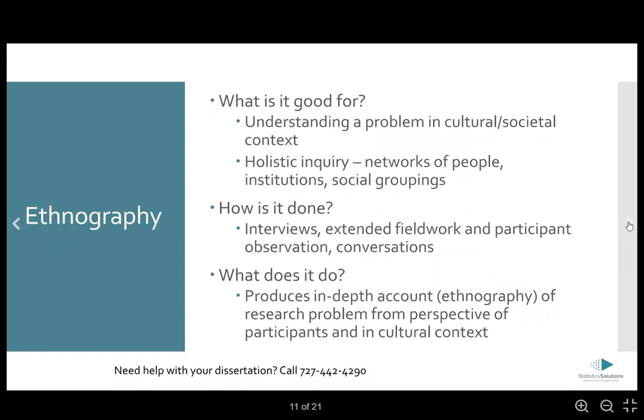Ethnography, this is another one that is a little bit more intensive than the first 2 or 3 that I've discussed. With ethnography, you are specifically looking at a cultural group. I think typically when you think cultural group, you're thinking of race or ethnicity, which can be what you're looking at here. So maybe you're wanting to look at a specific phenomenon from a specific ethnic group. And to do that, you are going to be really immersing yourself in the environment that that group is in. But this can also be about